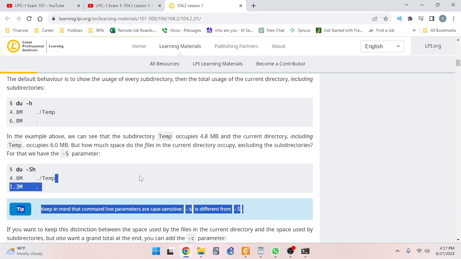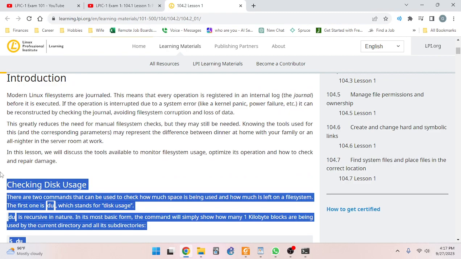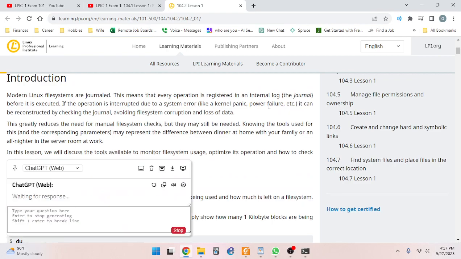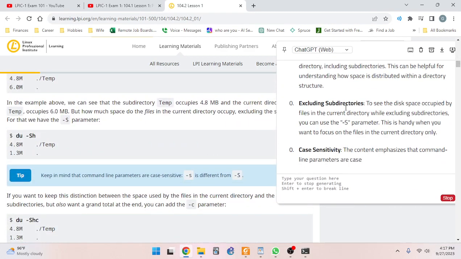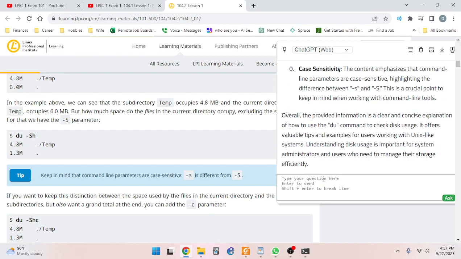So let's go and ask the AI about that. So the question is going to be, we've got a distinction here. The distinction is between a subdirectory occupying